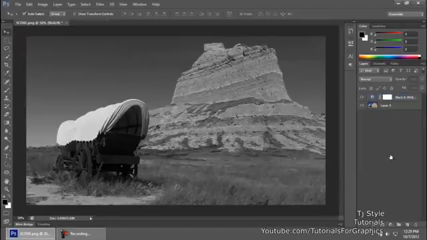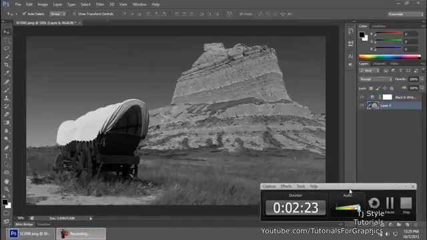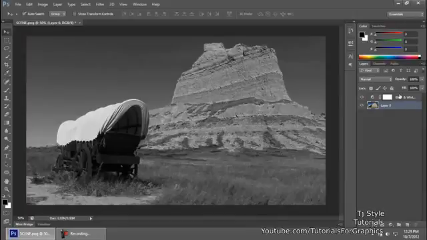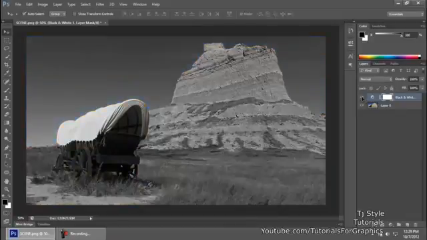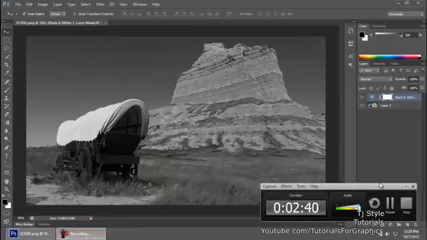And guys, the best part is that this is non-destructive, meaning say tomorrow when I have completed my editing on this image and I show it to my boss and he says that T-style, this black and white effect is not really looking good, I want you to remove it. I can just go and remove the visibility. Then he says that no, I want that black and white effect. I can just put it back in, and you can see that the effect comes back without much effort,